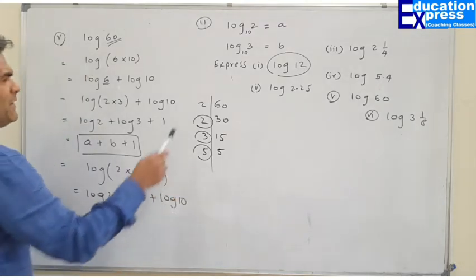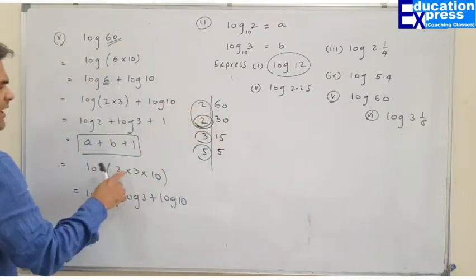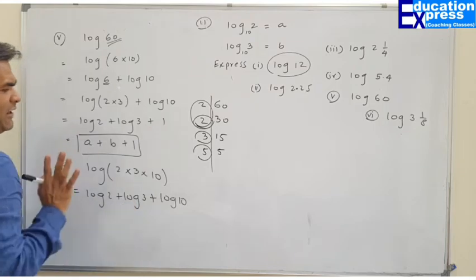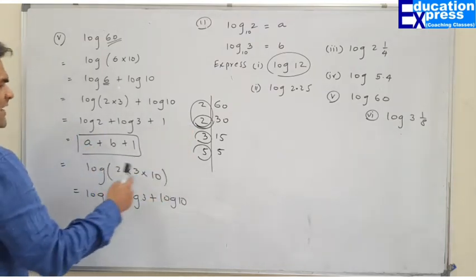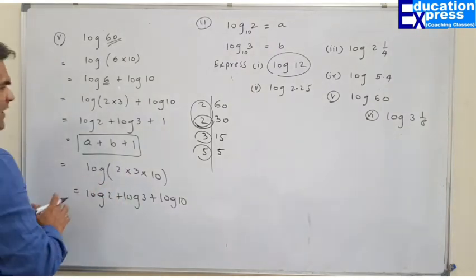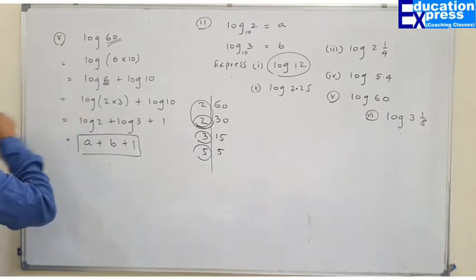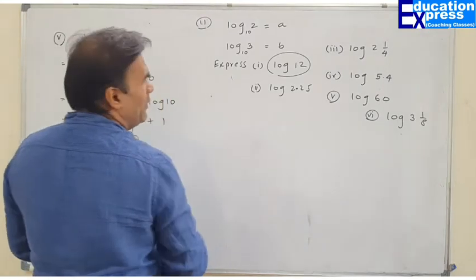Now you may ask me, sir, why did you take 2 square? If I will take 2 square, 5 will be left alone. In that case, we will not get the final solution. So it is for that reason that you have to check that in case there is entry or exit for 10, then you must provide that safe entry or exit to 10, and you will get the same answer. The last part. Again, it is a very simple one.